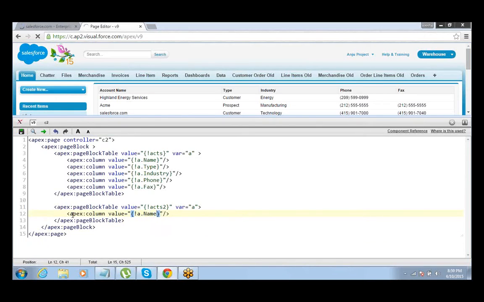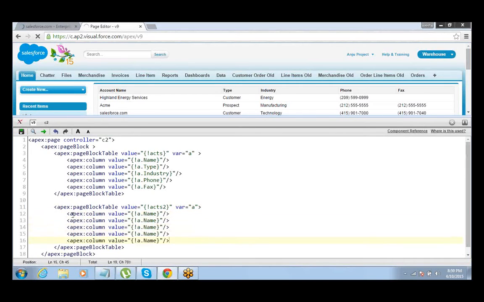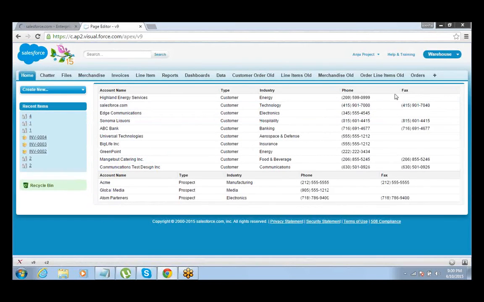a dot name, type, industry, phone and fax. Right?